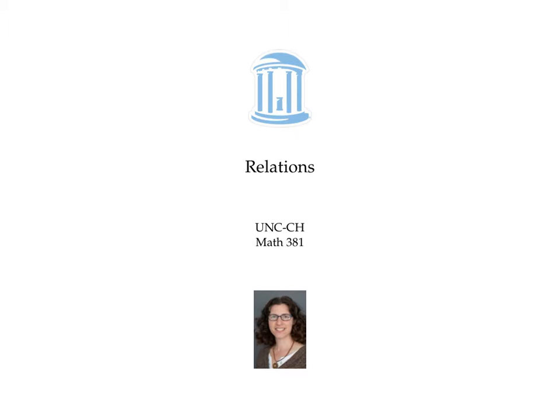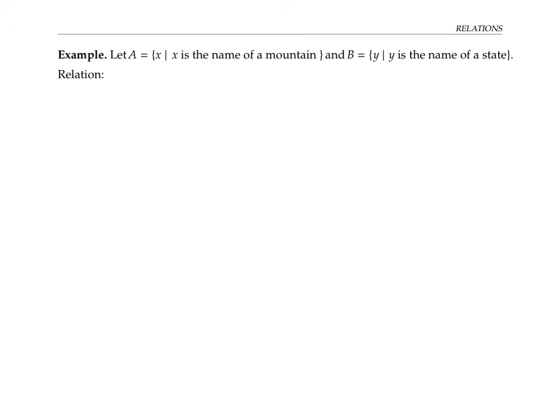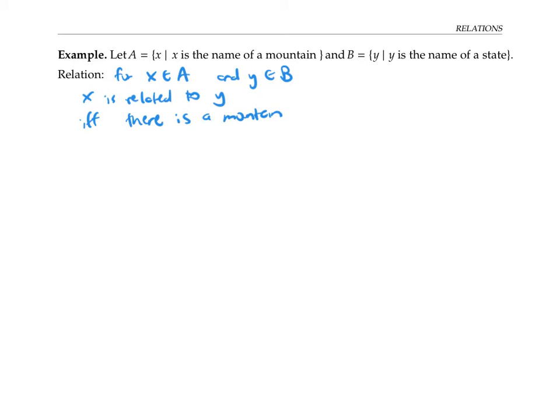This video introduces the notion of a relation between two sets, or between a set and itself. As our first example, let's let A be the set of mountain names and B be the set of state names. Here I'm thinking of states in the United States. We could define a relation by saying for X in A and Y in B, X is related to Y if there is a mountain with name